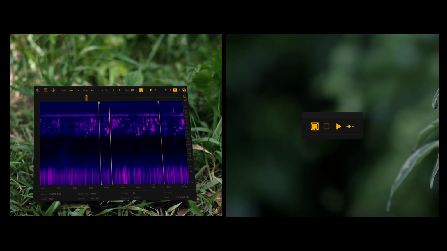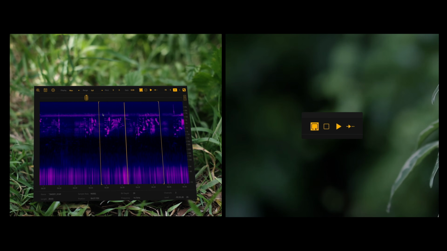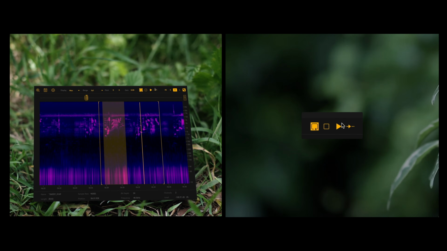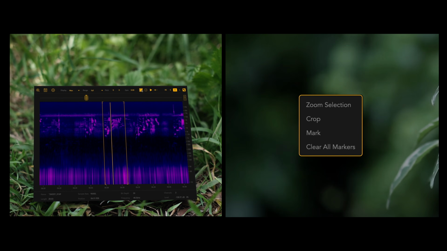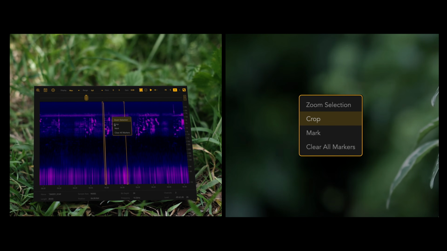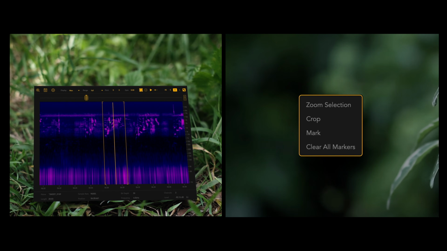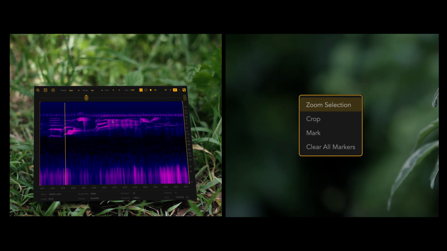For interface users, selections are made by holding Shift and dragging with the mouse. Looping can be enabled using the Loop button, and cropping can be done via the right-click context menu by selecting Crop. You can also zoom directly into a selection by using the Zoom selection to fill the view with the